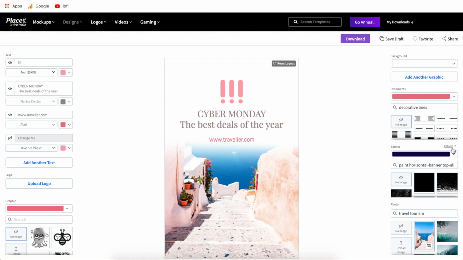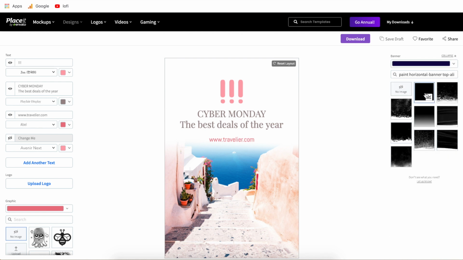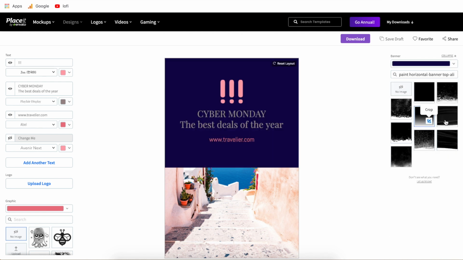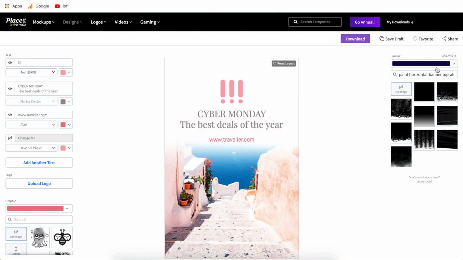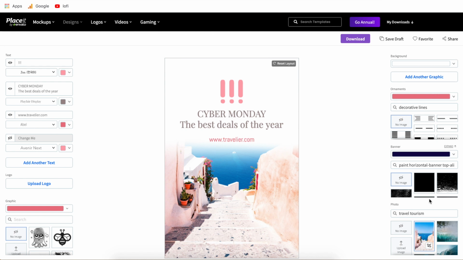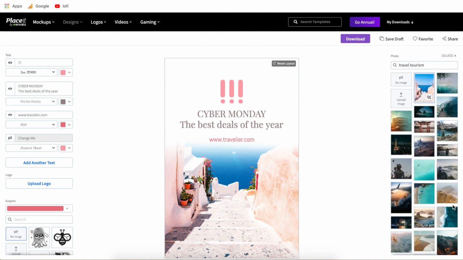But as you can see, coming down to the next section, you have the same thing again, so you can continue to customize your template. I think the one it starts off with by default is a really good look, so I'm just going to leave that as is. Now moving on to my favorite part of Placeit, this is the best feature in my opinion.